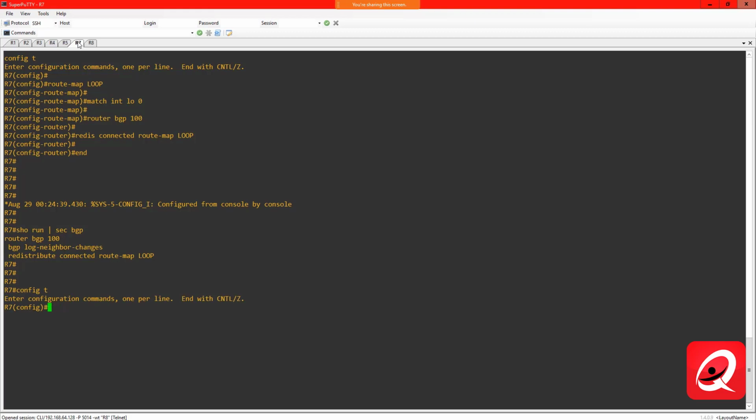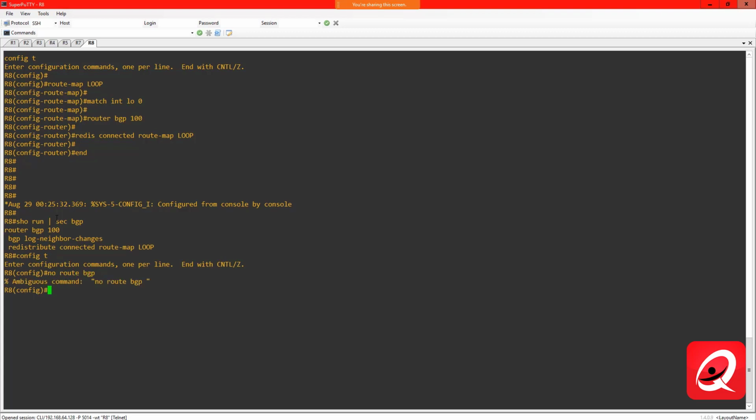Why is that guy in BGP 100? Let's get rid of that. No router. Ah, I know why. I broke my routing here because I did redistribute connected route map loop, and it overwrote the previous BGP process, I think. Let me see. I'm not really concerned about router 8 in this case. Let's just get rid of BGP, no router BGP 100, and